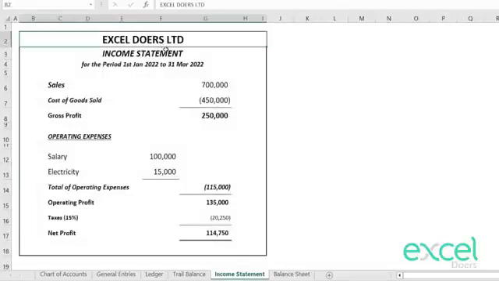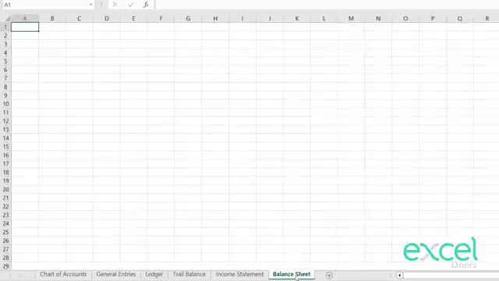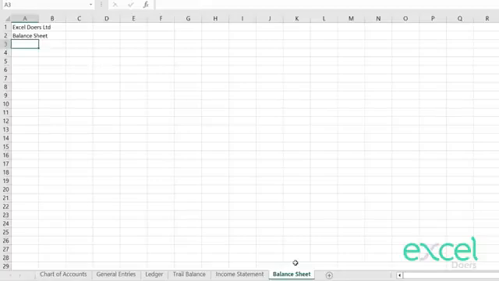So let's say on the top we have Excel Doers Limited. Again, Excel Doers Limited balance sheet. The balance sheet is not for a period. A balance sheet is always created on a particular date. So if I'm preparing today, it shows the position on a certain date. So we will not say for the period, we will say as on